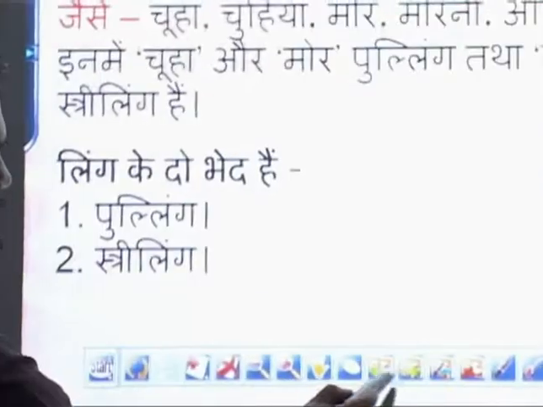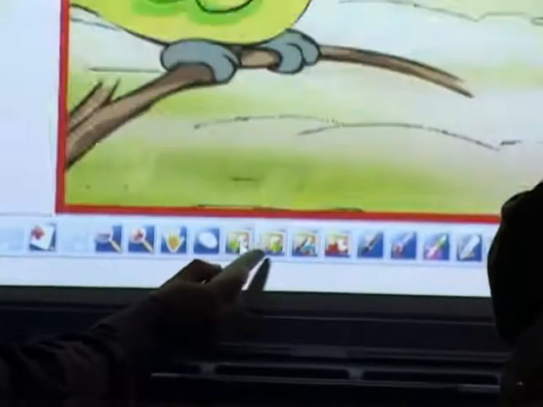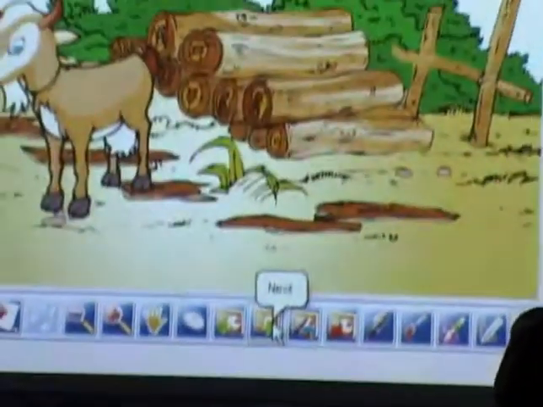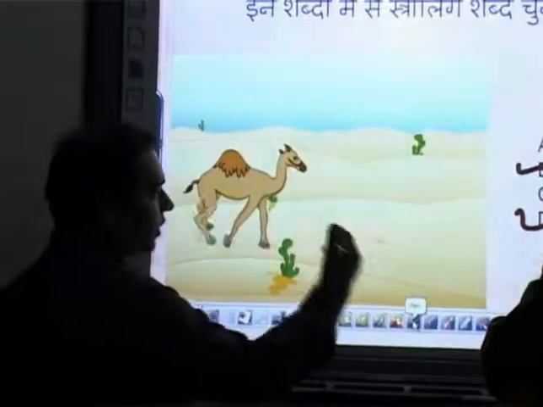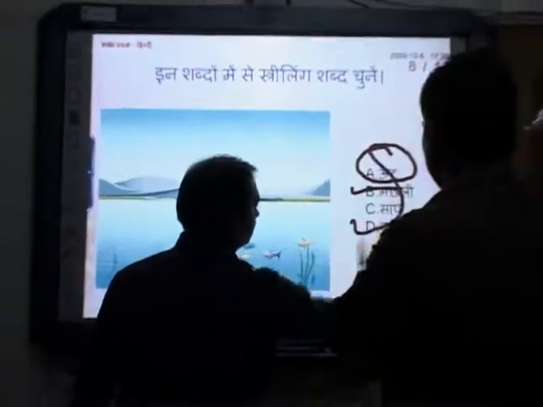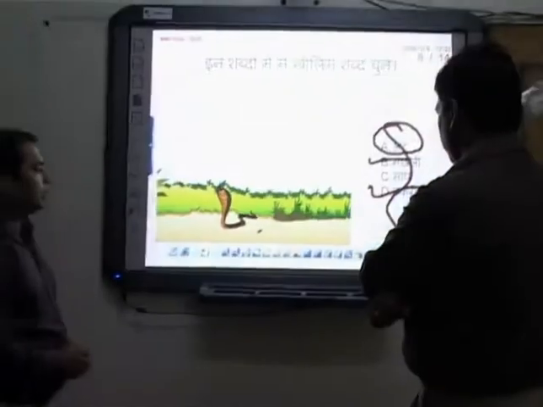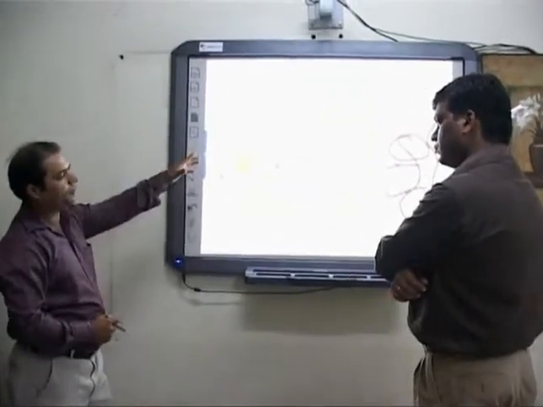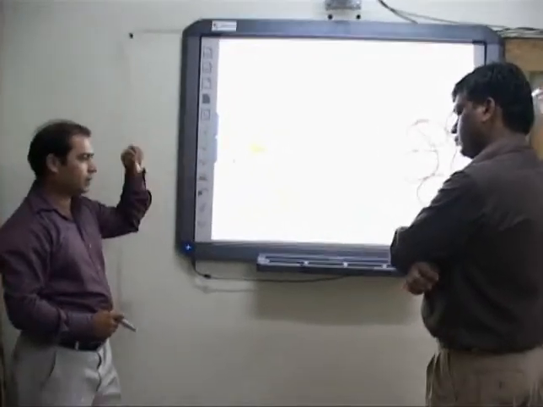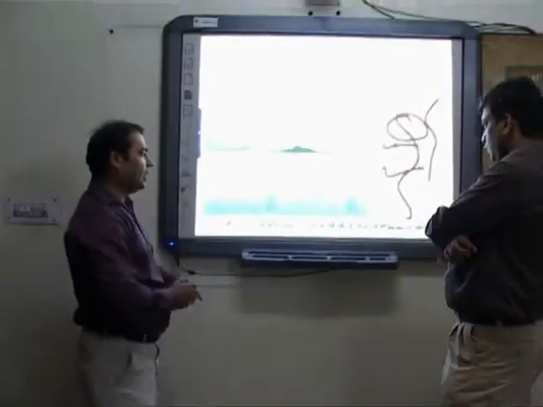How do we go to the previous slide? There is an option like next and previous. We can use the next and previous slide option. And the main thing, if you want to make some annotation, there is a pen. We can select the pen, or write with your finger also. And the main thing, this annotation will not be stored in your PPT file. If you want to store it in your PPT file, then there is a